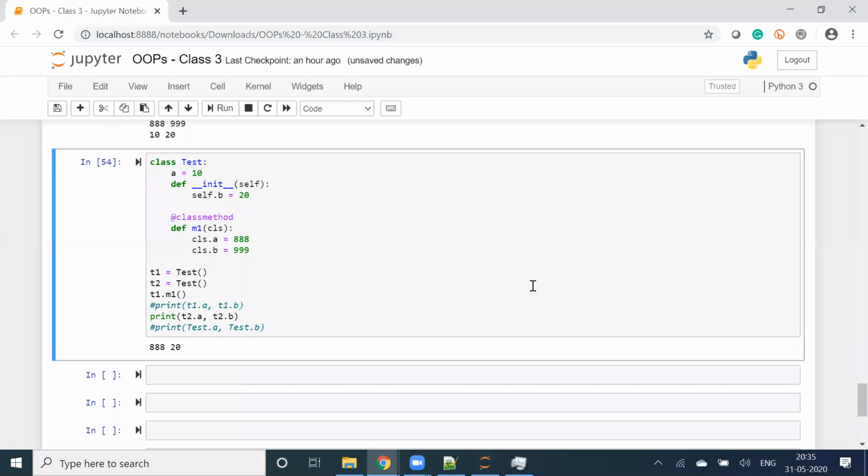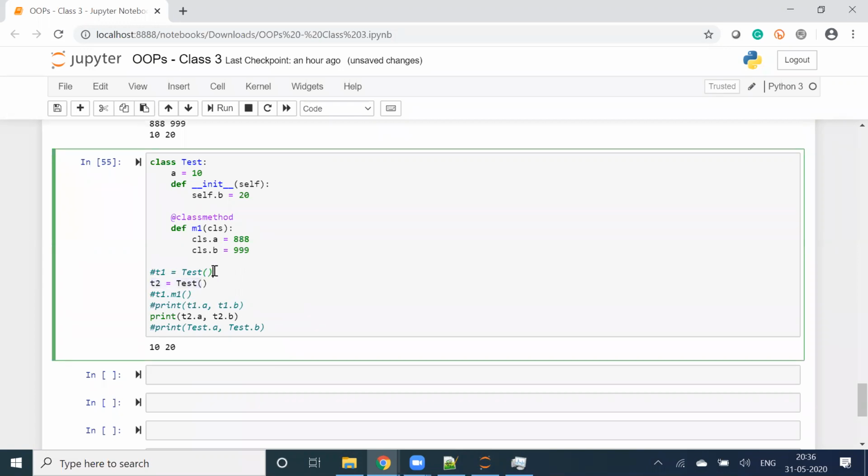Did I update? Understanding what is happening? I created a class T1 and am executing T1.m1. It is updating at that time. And then you are calling class T2. Getting it?